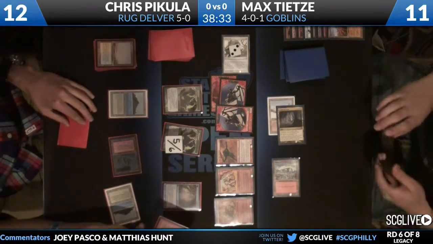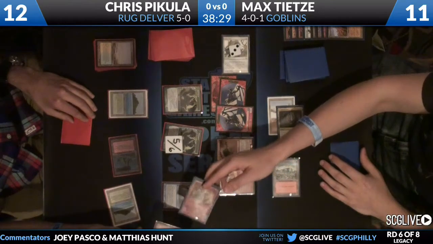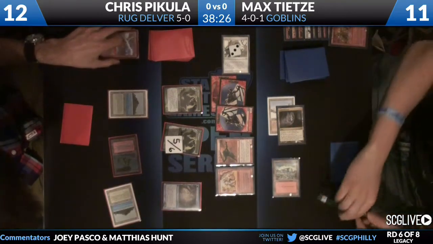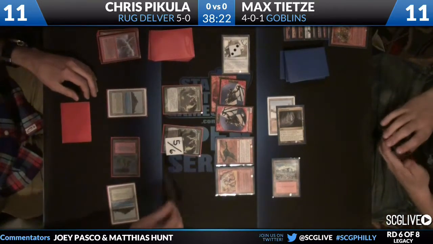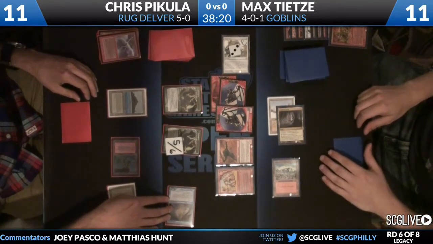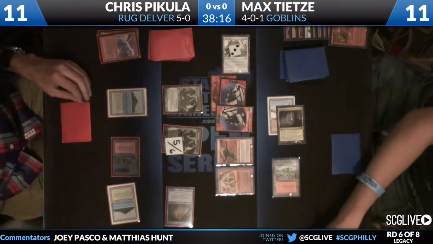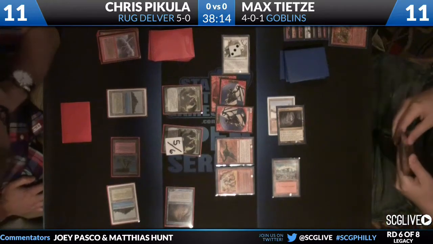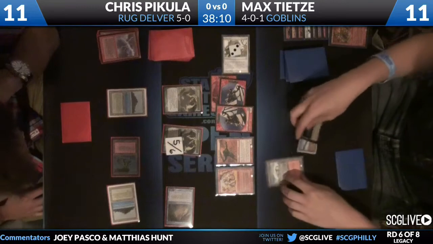So we're going to have a Chain Lightning from Chris Pikula targeting that Sharpshooter, so Max wants to at least get 1 damage out of it, and he does. The worry here was that while the Sharpshooter was in play, Chris couldn't even attack at all, because Max could chump block with a Goblin, and then it would deal 2 damage to the Insectile Aberration. So Sharpshooter goes away, gets 1 damage in, and in the meantime, Chris is just going to swing with the